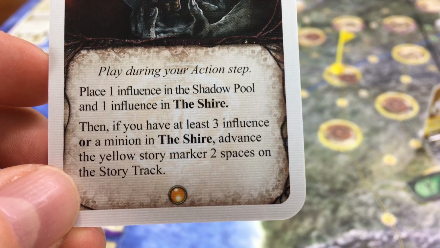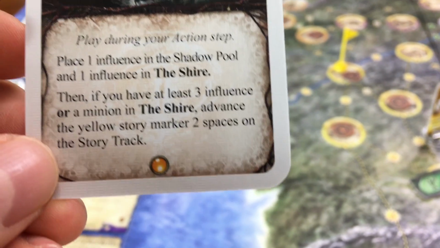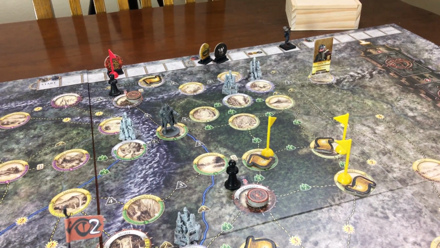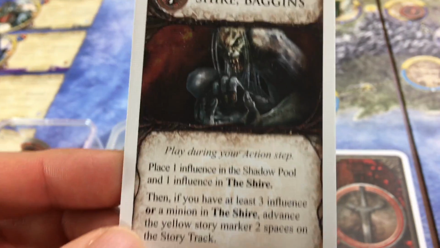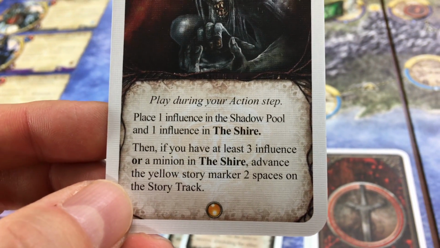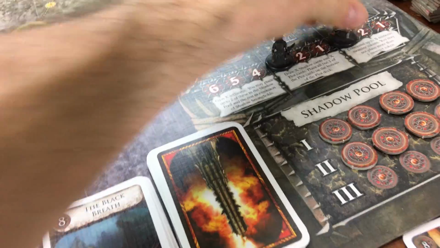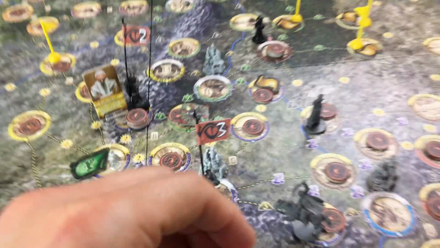Then if you have at least 3 influence or a minion in the Shire, advance the yellow story marker 2 spaces. Wow. I am just full of bad luck here. Seriously. The yellow one? Yeah, that would have helped me. Alright, whatever. And then my next move is to command 3. First off, I'm going to move...